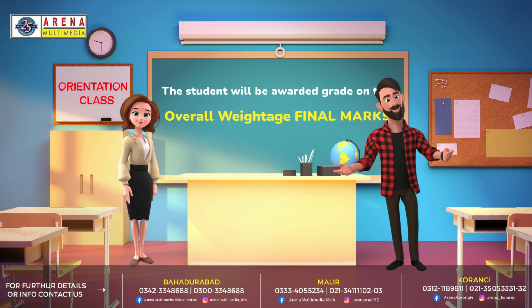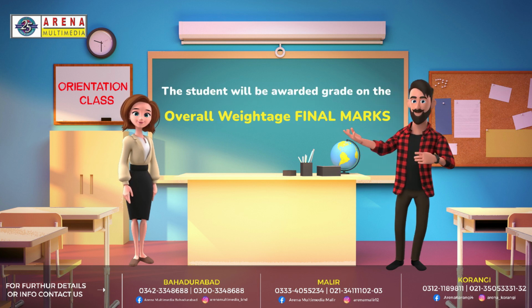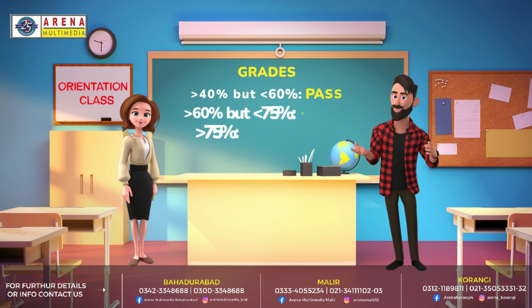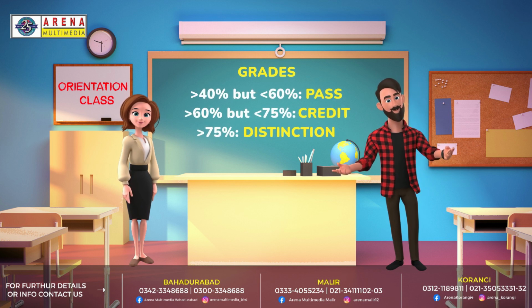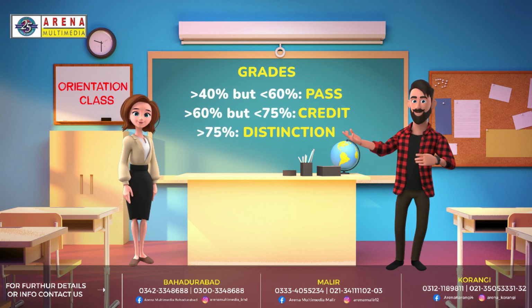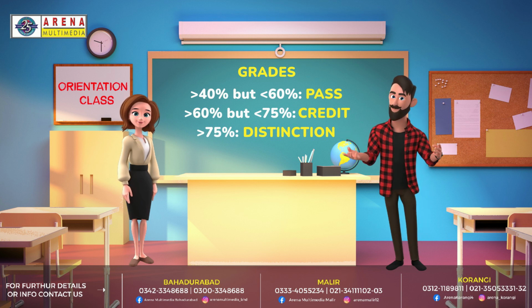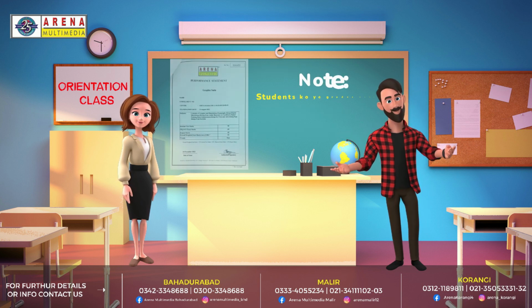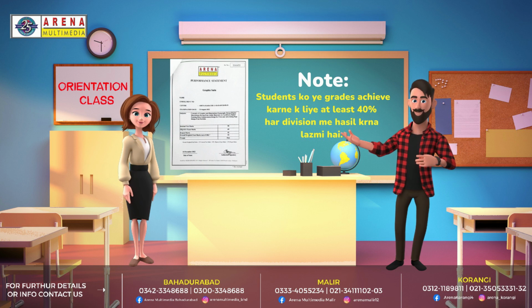The student will be awarded a grade on the overall weightage of final marks. Grades: greater than 40% but less than 60% is pass, greater than 60% but less than 75% is credit, greater than 75% is distinction. Note, to achieve these grades, students must get at least